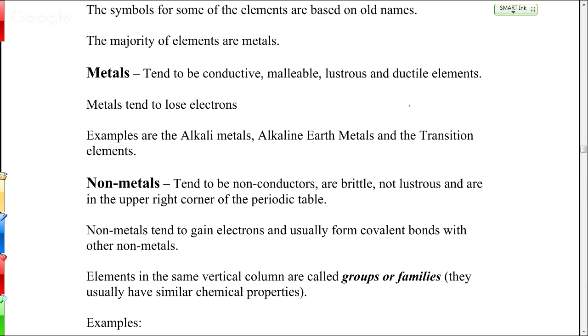Other compounds, nonmetals, that doesn't happen. If you take sulfur or carbon type compounds, or just think about a rock, you hit a rock, it doesn't spread out into a thin sheet, it just shatters and crumbles and breaks. And so those nonmetals tend to be brittle, whereas the metals tend to be malleable. Ductile specifically talks about pulling into wires. Same idea, that it's flexible like that, but that you could pull it into thin wires. And you can't do that with the nonmetals.